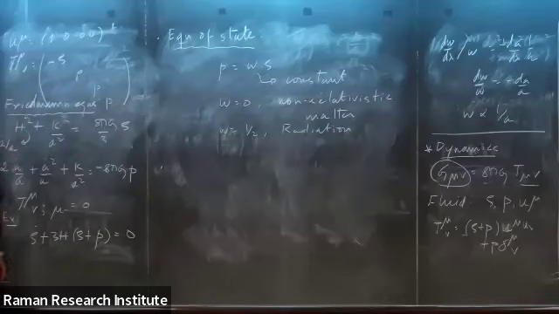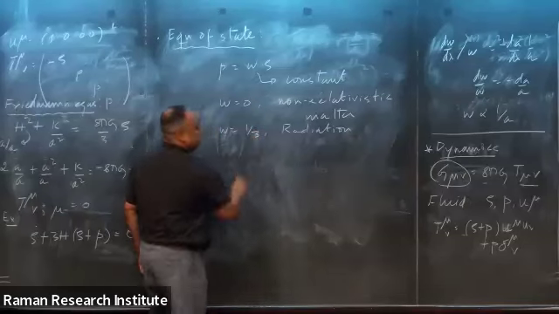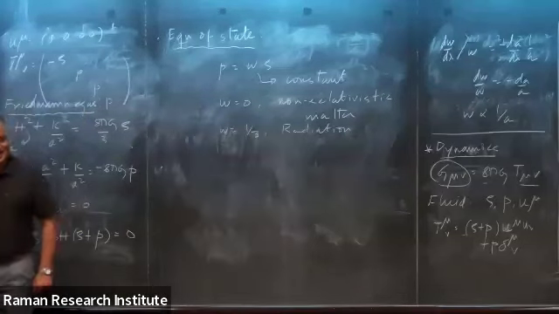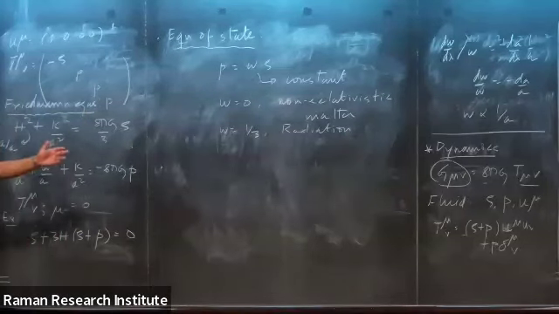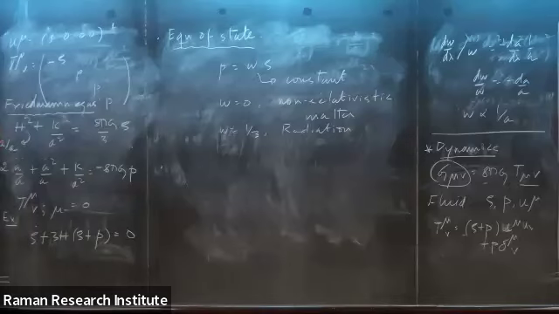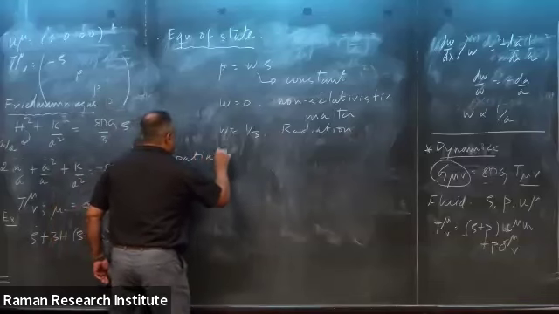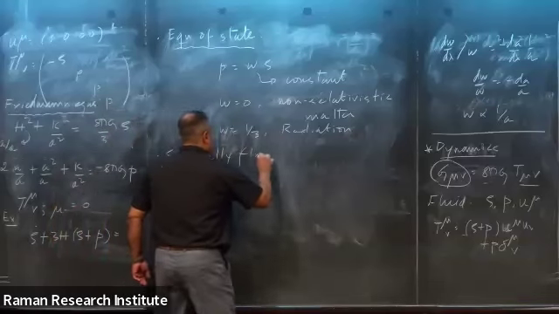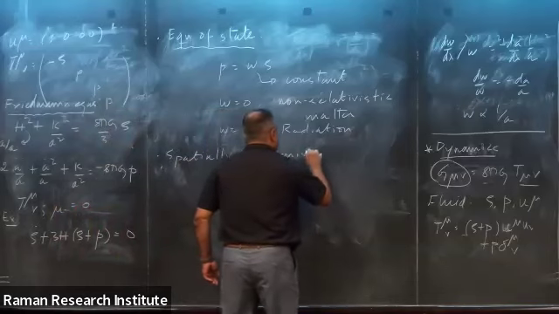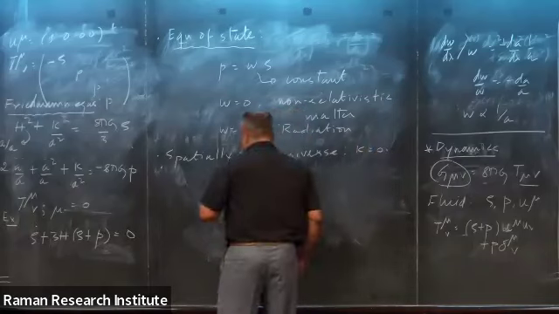Yes. Did I write it wrong? Yes, it should be 1/3. No one is pointing out the error. It should be 1/3 corresponding to radiation. If you don't know how that arises, please speak to me. I can provide you proofs. So what we are going to work with is a spatially flat universe, which corresponds to kappa equal to 0.